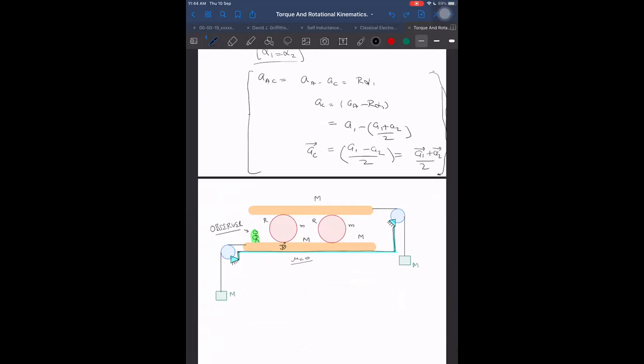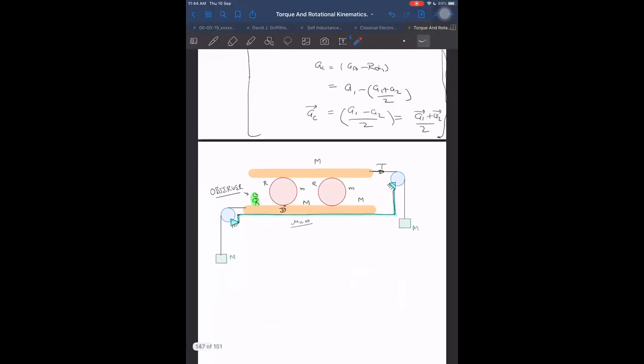I'm thinking maybe I should not take internal friction. I will just directly write the equation for the combined system. Will it not be easier if I do it for the combined system, this much combined system, if I take? I think it will be comparatively easier, no? I have to take just T, and I have to assume the plank to be a thin plank. If it is a thin plank, then I can write the equation.